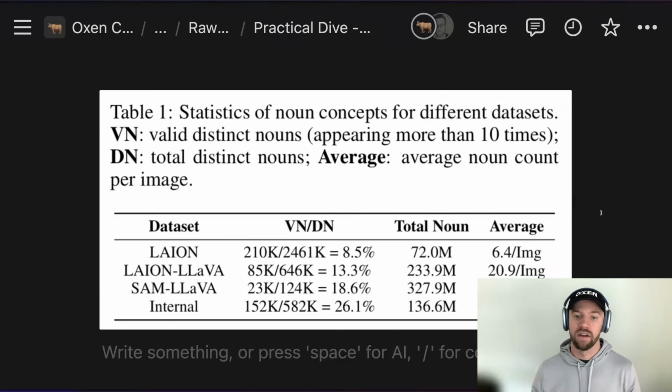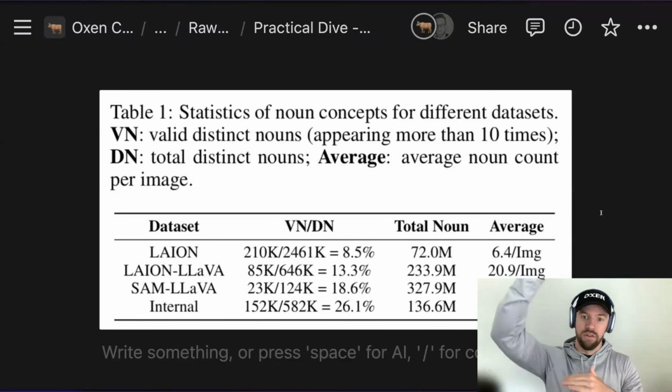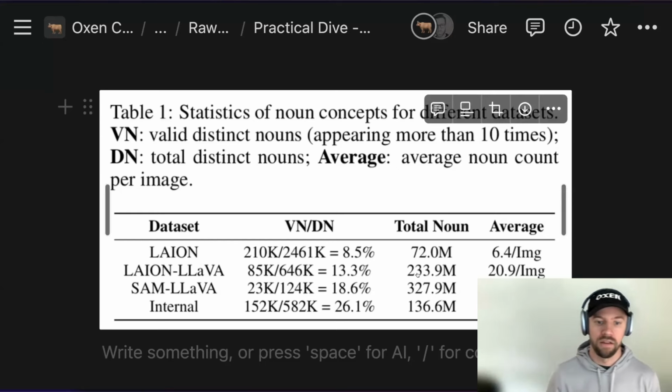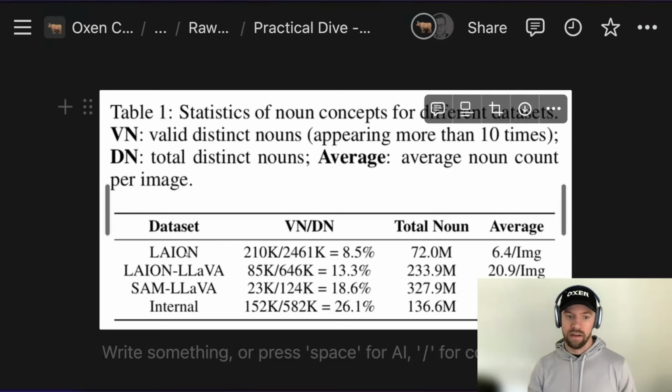So what they're saying here is they want a lot of different nouns and they want them to appear 10 or more times. And so the Leon data set by itself, if you take that ratio, has about 6.4 nouns per image. And then if you recaption it with Llama or Lava, that gives you 20.9 nouns per image. Then the segment anything